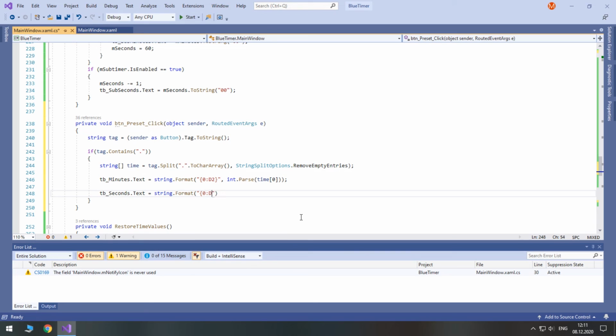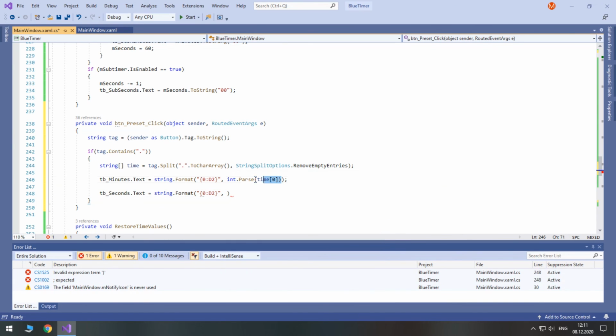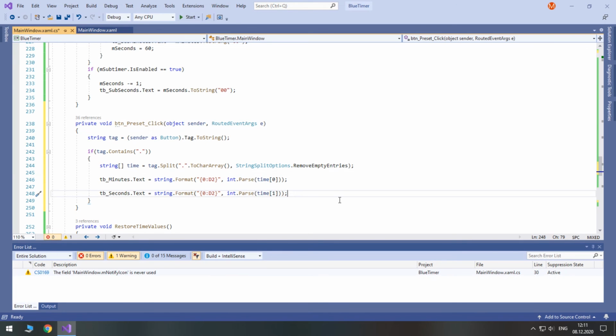That is, strings where the numbers from 0 to 9 have a leading 0. In this case, both of these methods do the same thing. The only difference is that format D2 accepts only integer type values, whereas format 2 zeros would work with floats or doubles as well.